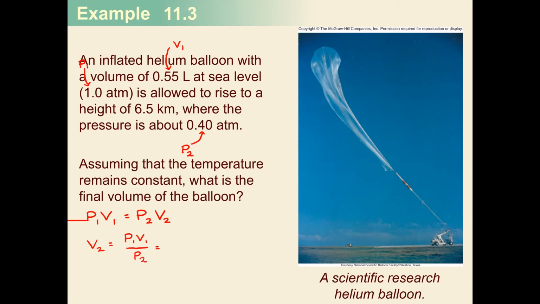If I plug in my known values, my pressure 1 is going to be our 1 atmosphere, and the volume of 0.55 liters, and then finally we are going to see our pressure 2 is